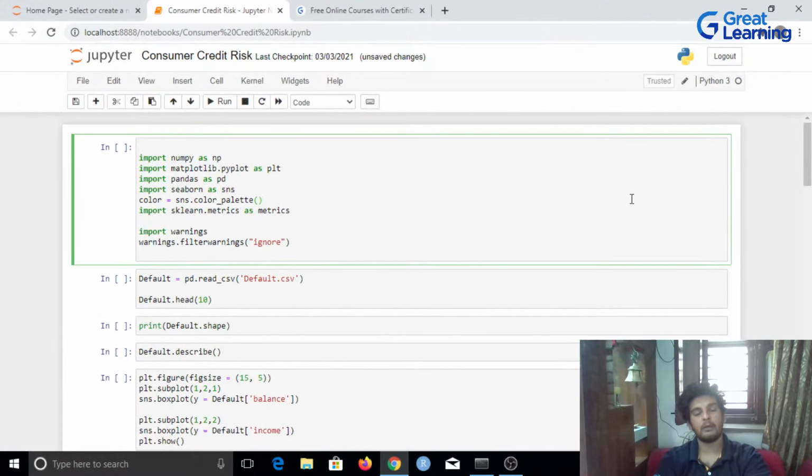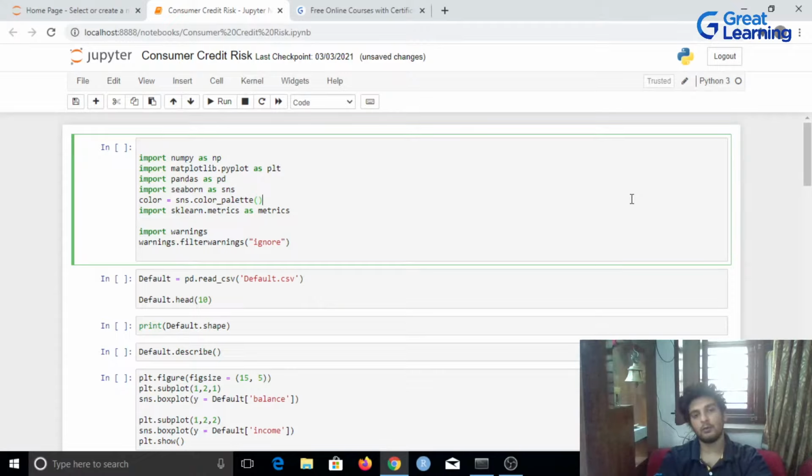Whenever we talk about Python, one of the major applications is in the field of data science. There are a lot of things in the finance domain where Python can be used, and one of those is credit risk. What exactly is credit risk? If someone is taking a loan from the bank, the bank has to identify whether this person is able to pay the loan back or not.